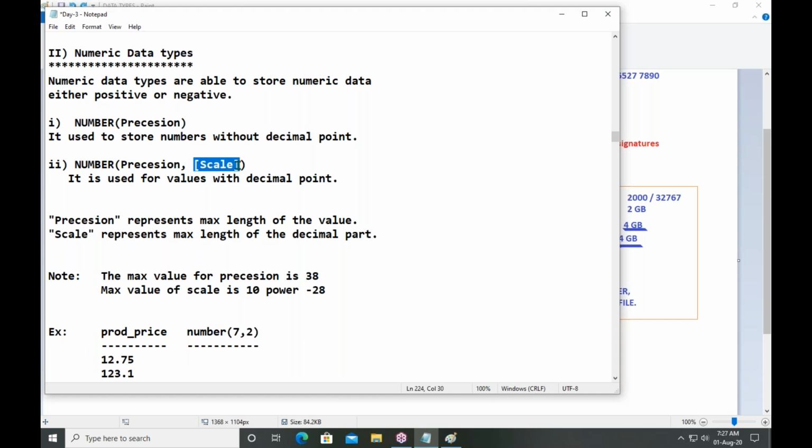And scale represents the maximum length of the decimal part. What is the maximum value we can use for precision? 38. What is the maximum value for scale? 10 power minus 28.